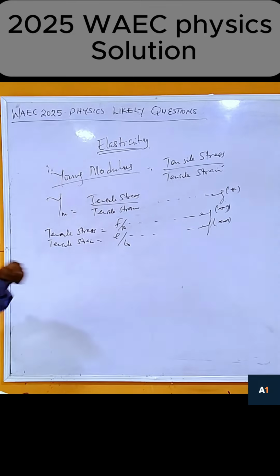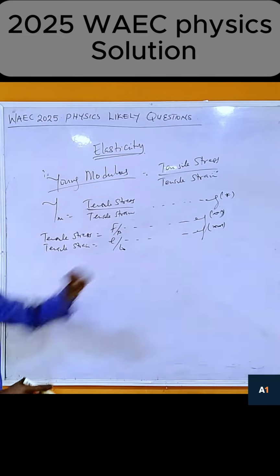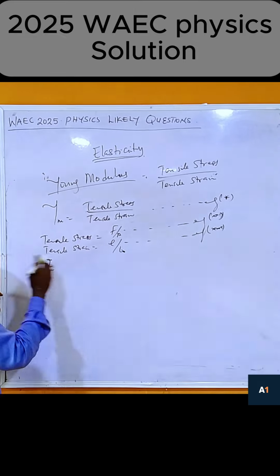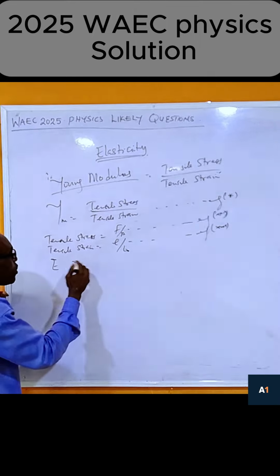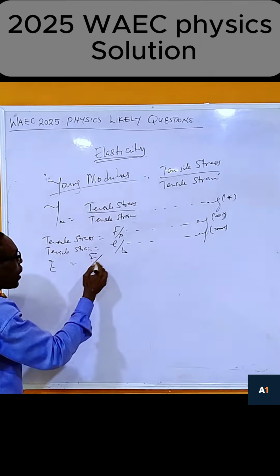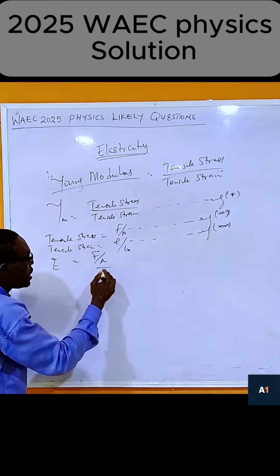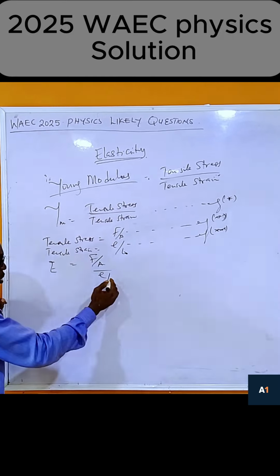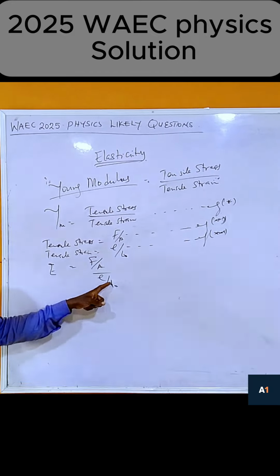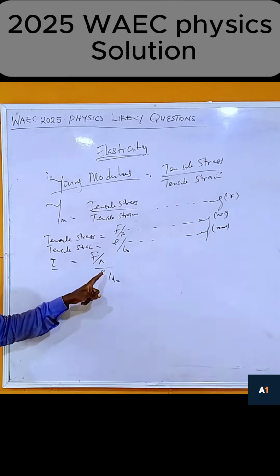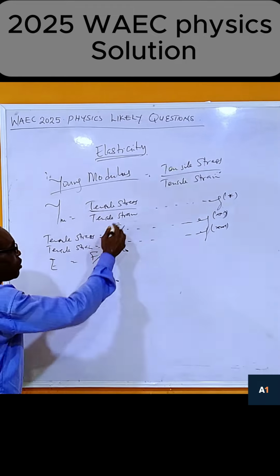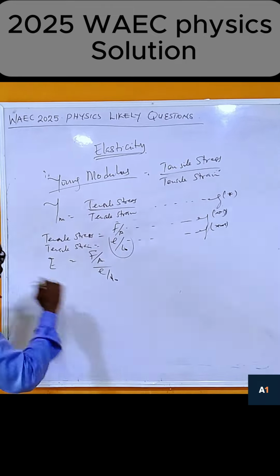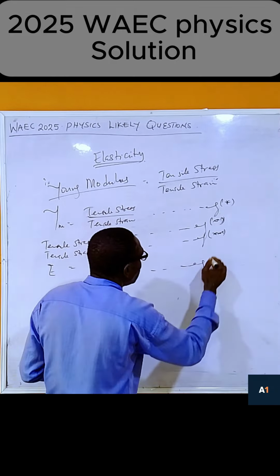Now, if you look at this, substitute all this into the equation. So we can say E. Some textbooks use E for tensile Young modulus. So this Young modulus will now be equal to force over area, then all over extension over L naught, that is F over A, then over e over L naught. So we just put this together to form this one. Now we can call this one equation dagger.